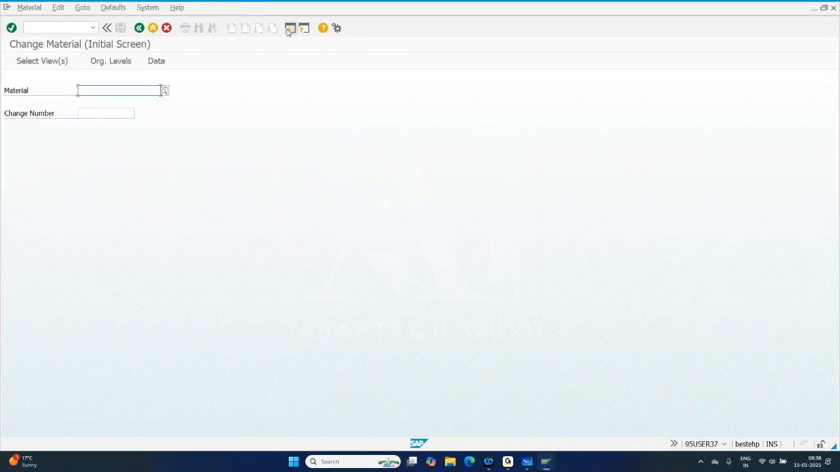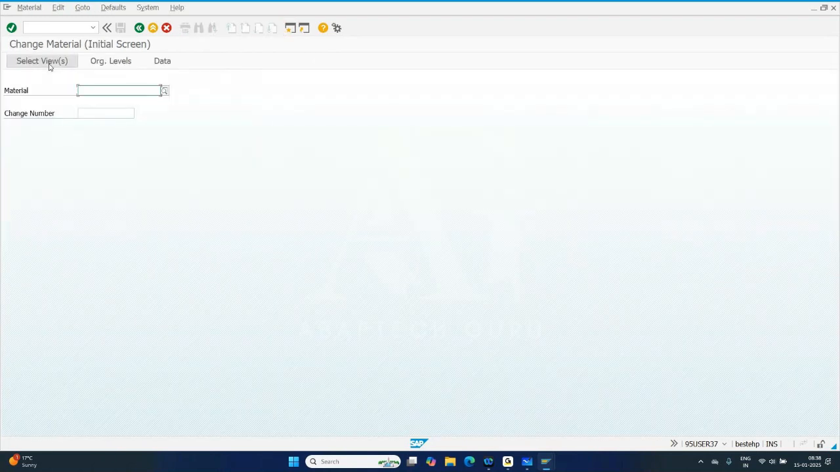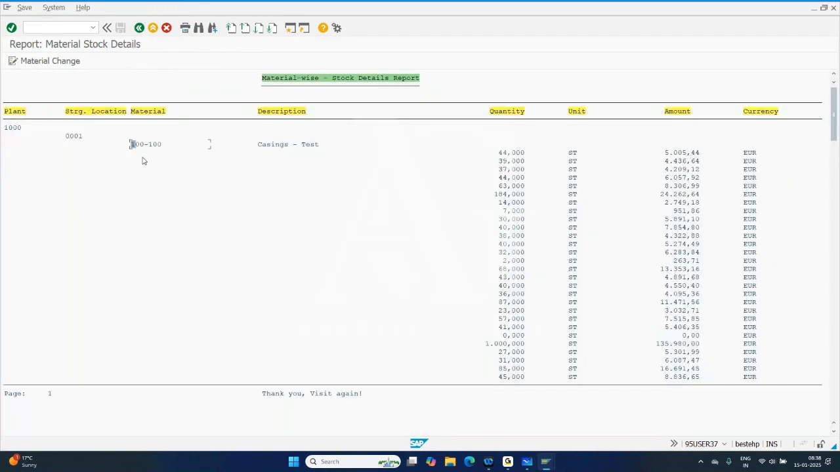But the user is saying that it is a lengthy way, so he wanted a shortcut. So what we did, we created one button within the output list. When the user clicks on this button, it will take you to MM02. Now the user came up with something additional. Suppose he wants to update this material. It means you need to copy it, click on this button,